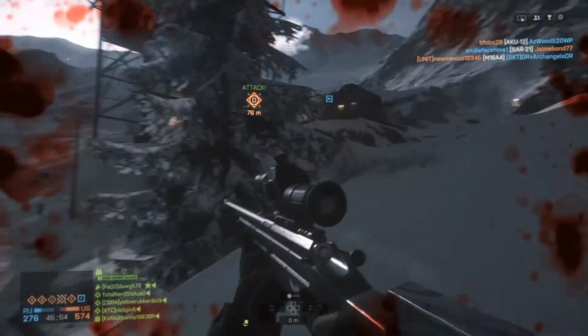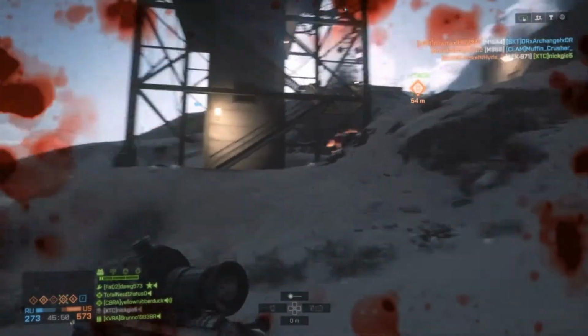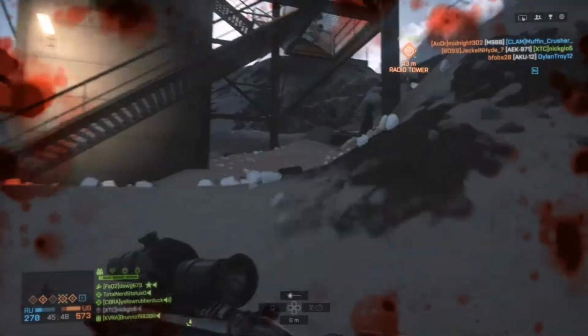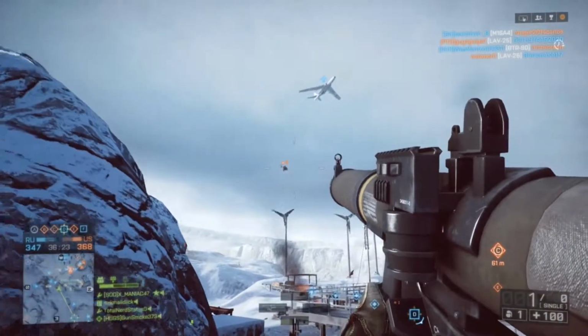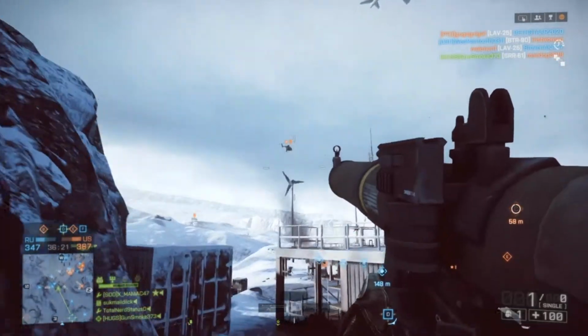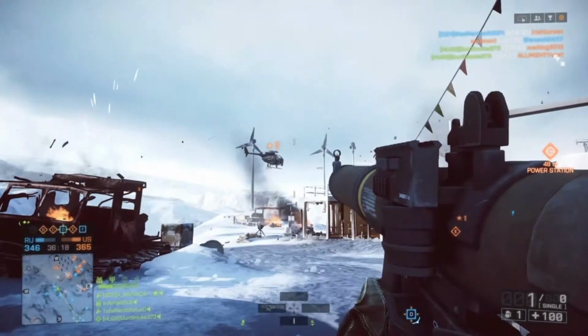So yeah, Hangar 21 is definitely my favorite map in Conquest for Final Stand. I love all of the Final Stand maps, to be quite honest. I think my least favorite would be Operation Whiteout, which is the one that we're on right now. I still like it, but it's my least favorite